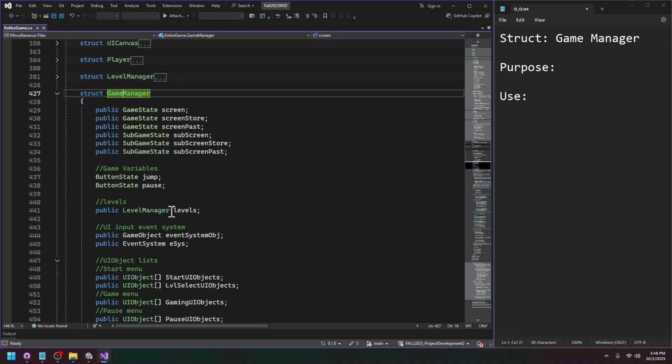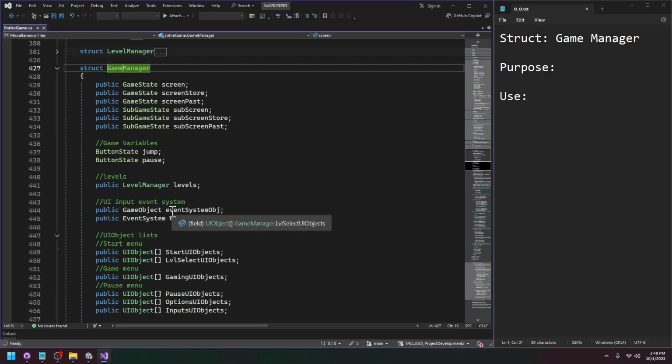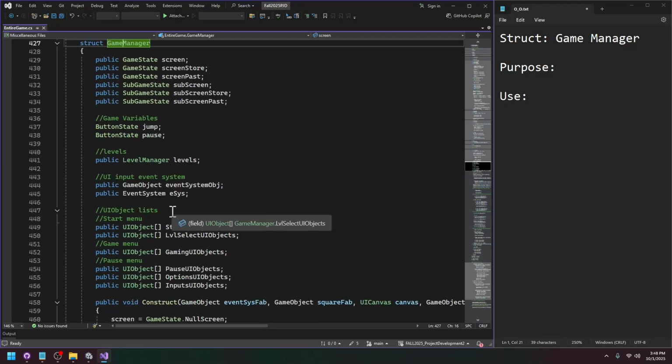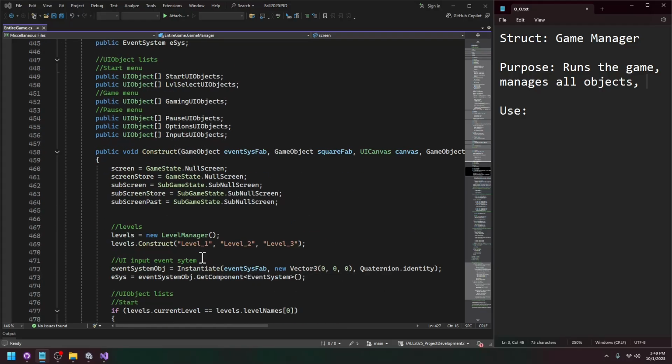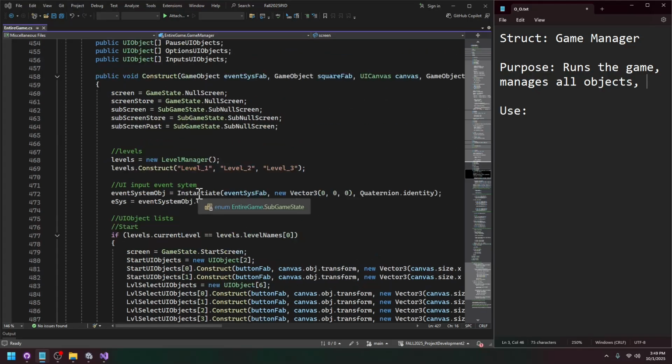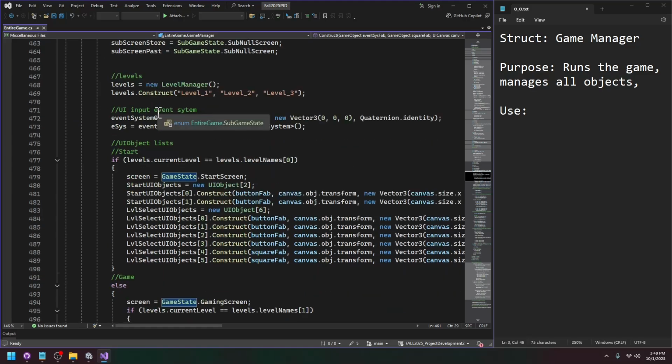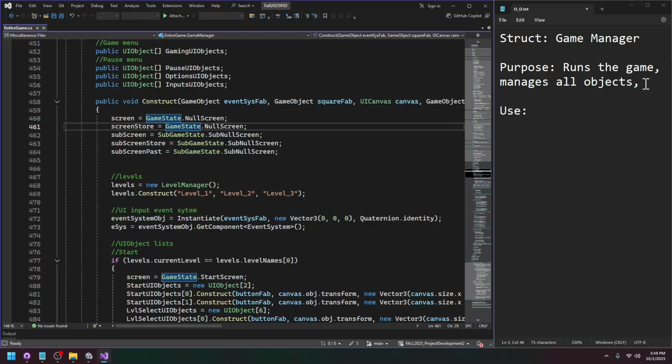So the game manager, what is the purpose? Well, it is to run the game and also manage all objects. All the objects, I spawned them here. They're all spawned here. I construct a level manager here. I make some states here for the screens. Oh, also, once the game manages all objects,